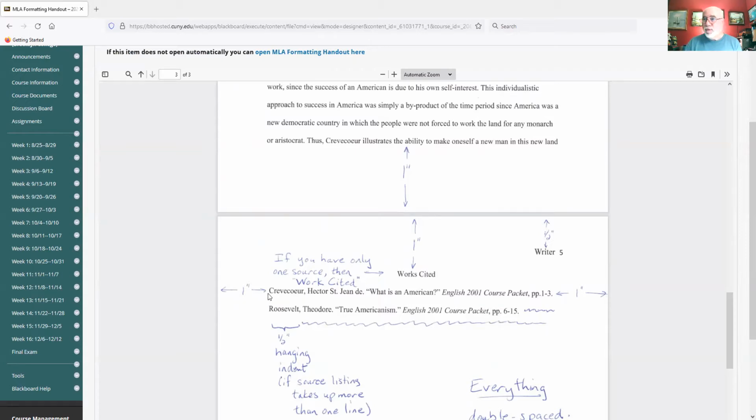The first line of your citation you want flush with the left margin, and then you're going to have a hanging indent. These examples don't have the hanging indent, but just imagine it following. See right here, if this continued to a second line, you want to have a half-inch hanging indent. So do that for your final, so your 10, 12 teachers don't get mad at me for not teaching this stuff well enough.